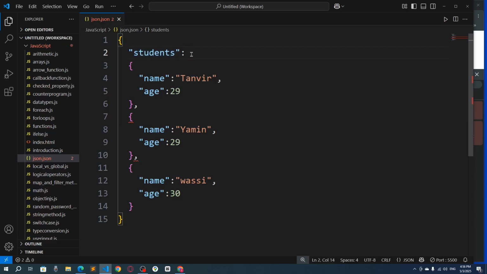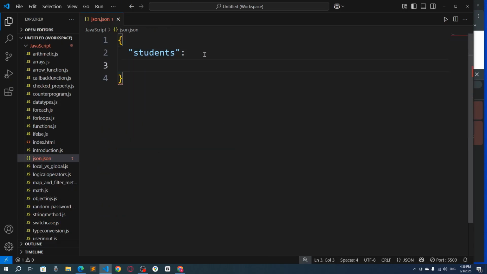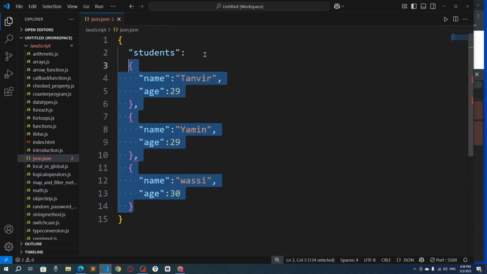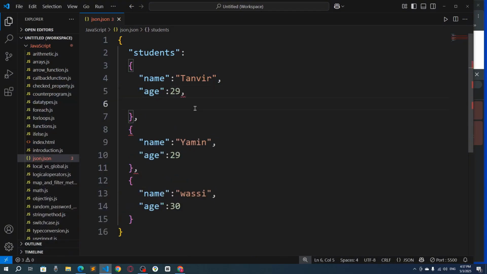And now let's say I want to store them inside an array. So what can I say? I will cut it, I'll say array, okay. Let me show you some other example. Let's say I want to show the subject also. So I'll say comma, then I will go for the subject. So I need a key, right? Subject key, and here I'm going to say colon. Now I need an array, right? So what can I say? Like this,